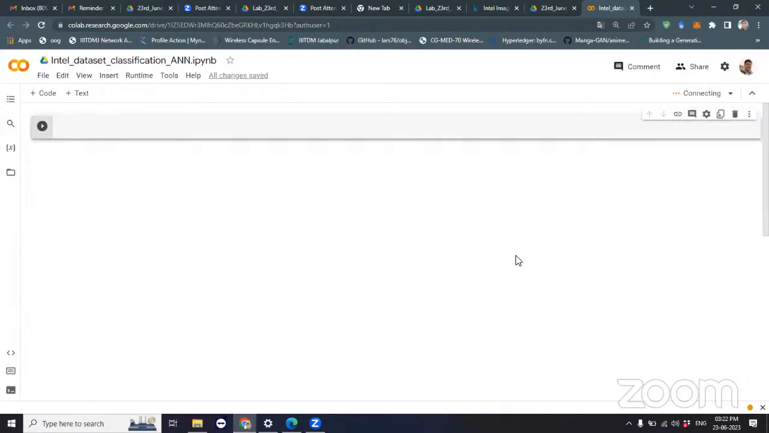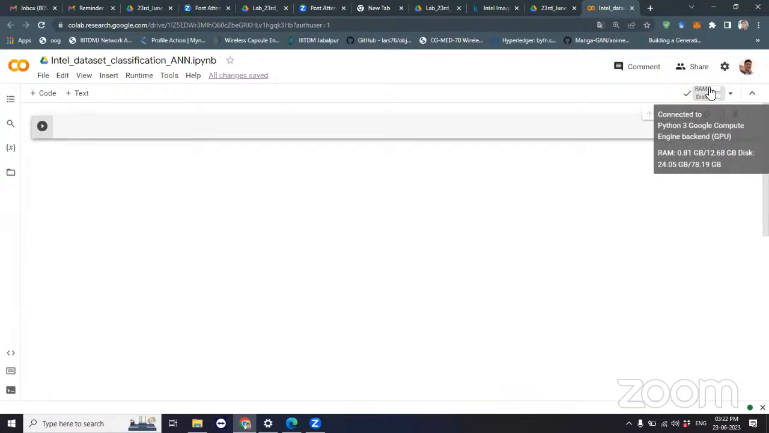So here what is going on is now you are getting a machine with a GPU with some RAM and CPU. Okay. So connected. When you hover your mouse, you don't have to click, just keep your cursor over this RAM and this, you will get to know that there is 12 GB of disk that is given,